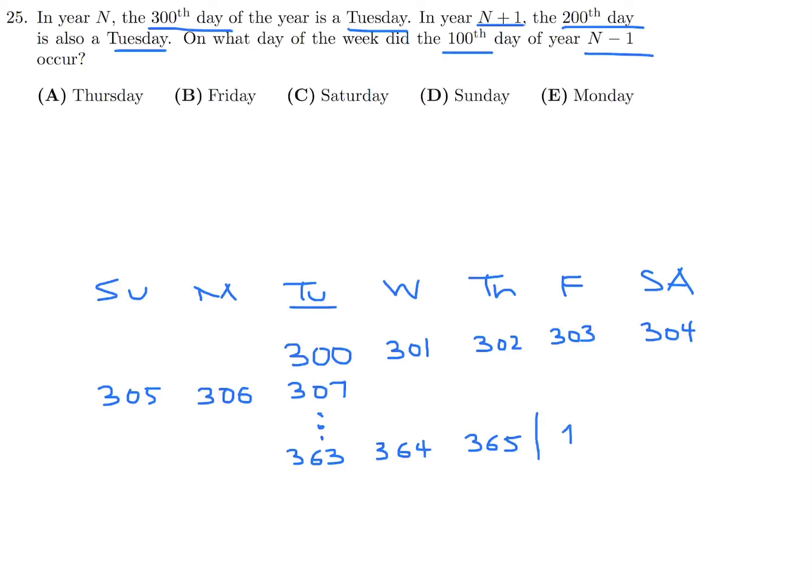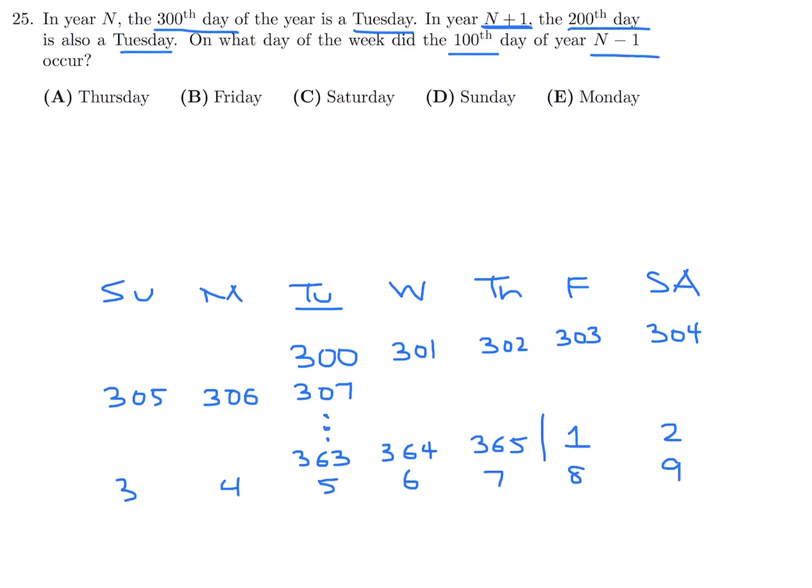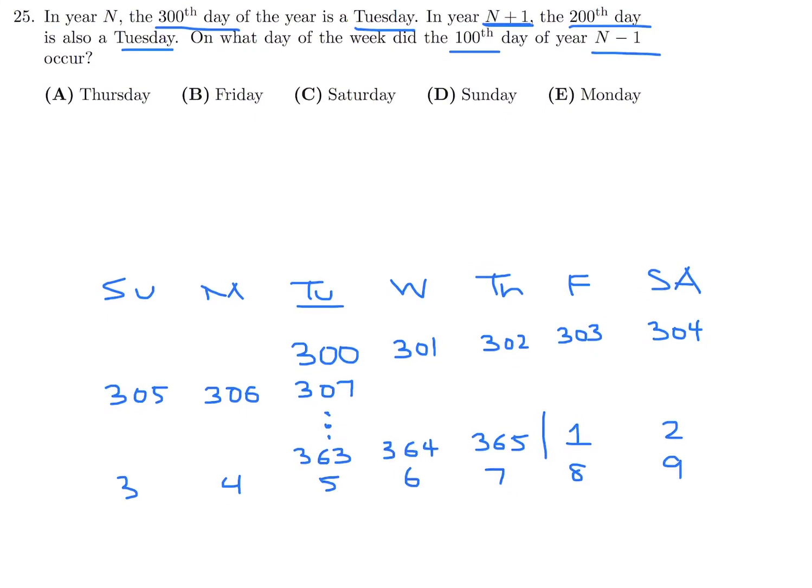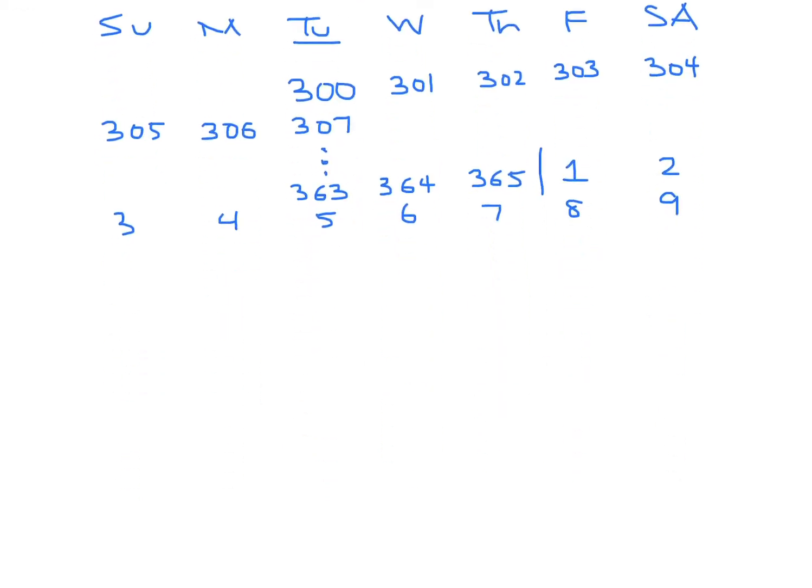And then after that, we get into the next year, which is year n plus 1. 2, 3, 4, 5, 6, 7, 8, 9. Now, of course, we don't have to keep doing this. We just want to get to day number 200 and ensure that it is indeed a Tuesday. So similarly, you can just keep adding 7 to this 8 here. And if you do that, you'll eventually get to